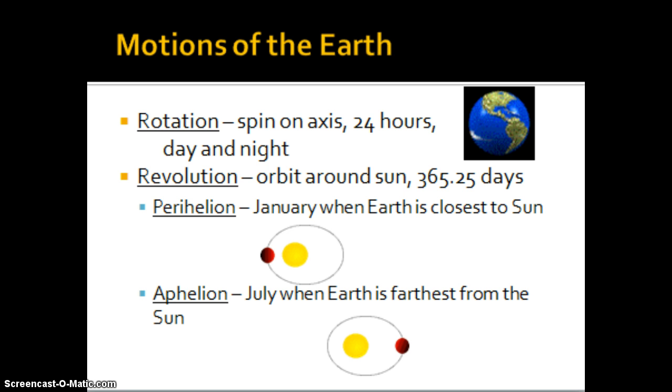When we take a look at the Earth's position around the Sun, we talk about perihelion and aphelion. Perihelion is in January, and that's when Earth is closest to the Sun. You might be thinking, well, if we're closest to the Sun in January, why are we not experiencing summer and instead experience winter? That's because during that time we are actually pointing away from the Sun, and we'll talk about that a little bit more in a couple slides when we talk about seasons. Aphelion is then just the opposite. It's in July. It's when Earth is at its farthest point from the Sun, but the reason that we are experiencing summer is because the northern hemisphere is tilted towards the Sun at that point.